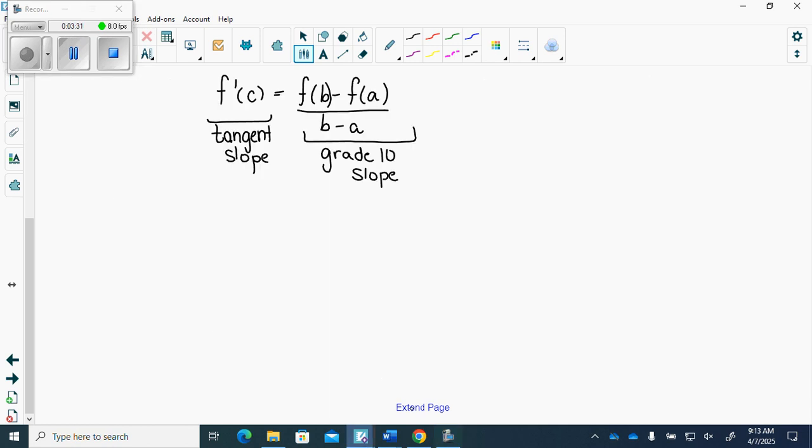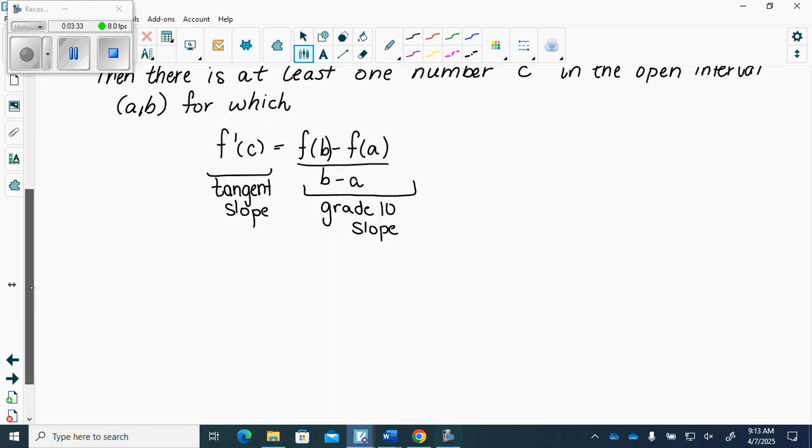So, I'm going to show you a graph of what this means. If I gave you a graph that looks like this, and this is my closed interval endpoints, correct? The right-hand side of that equation is the grade 10 slope, correct? So basically, if I found the grade 10 slope between here and here,